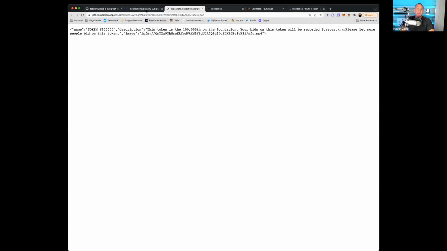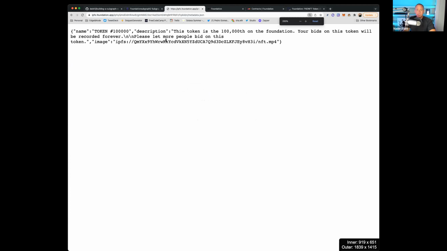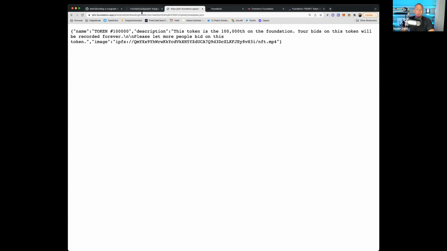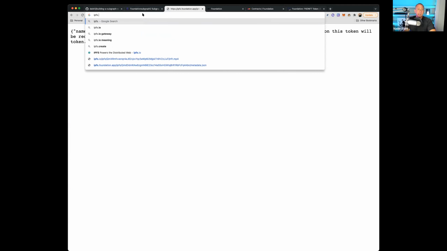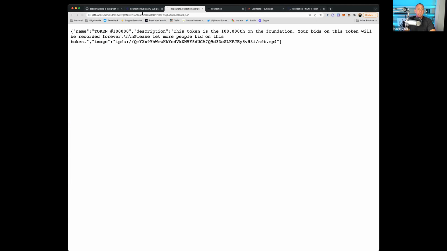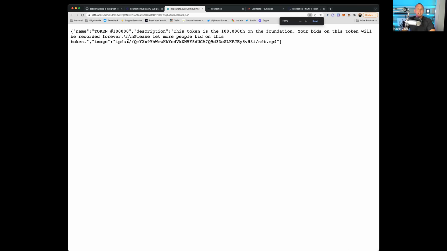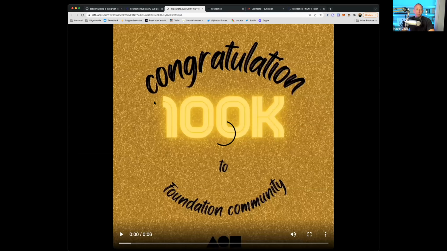There you see we have the token information, which is essentially a JSON object. We also have the token IPFS path. So if I just do ipfs.io/ipfs/that, then we also have that information. And then we have the token image. So if I copy this and maybe replace that with that, then we see that we have a video of some sort.